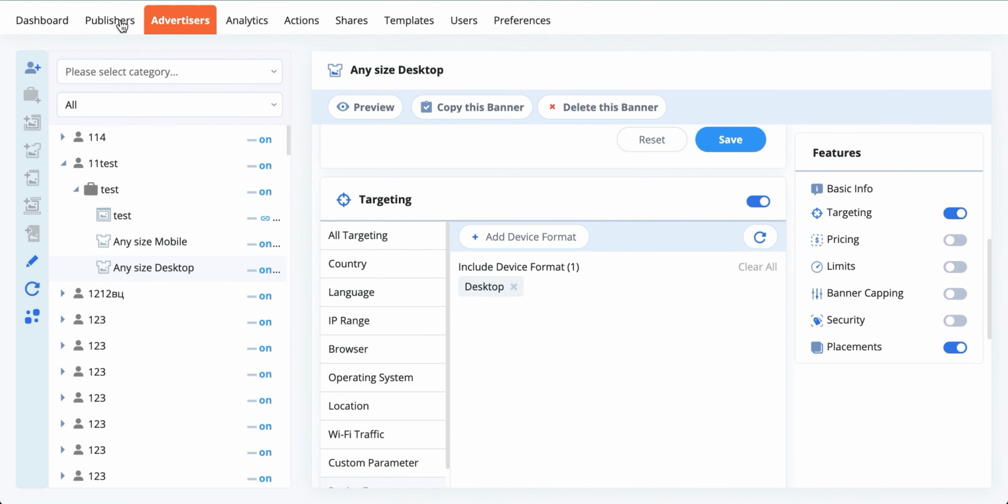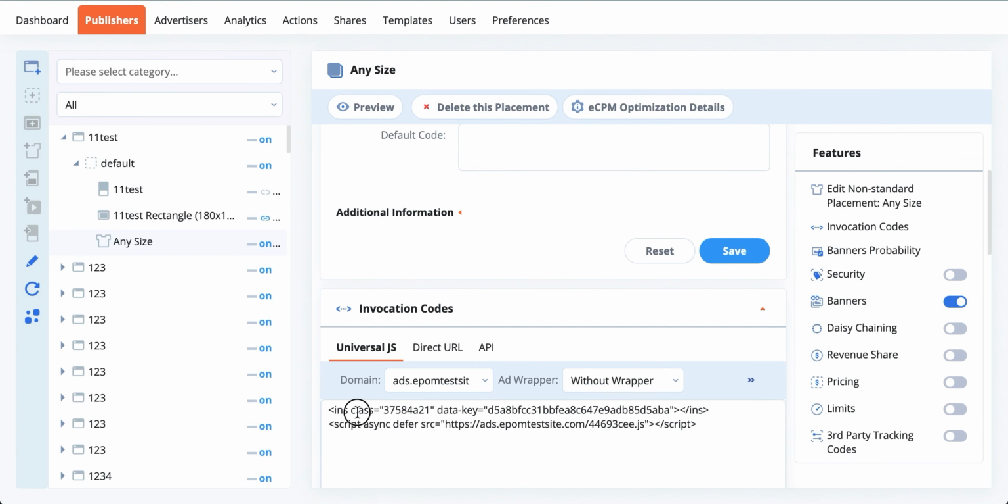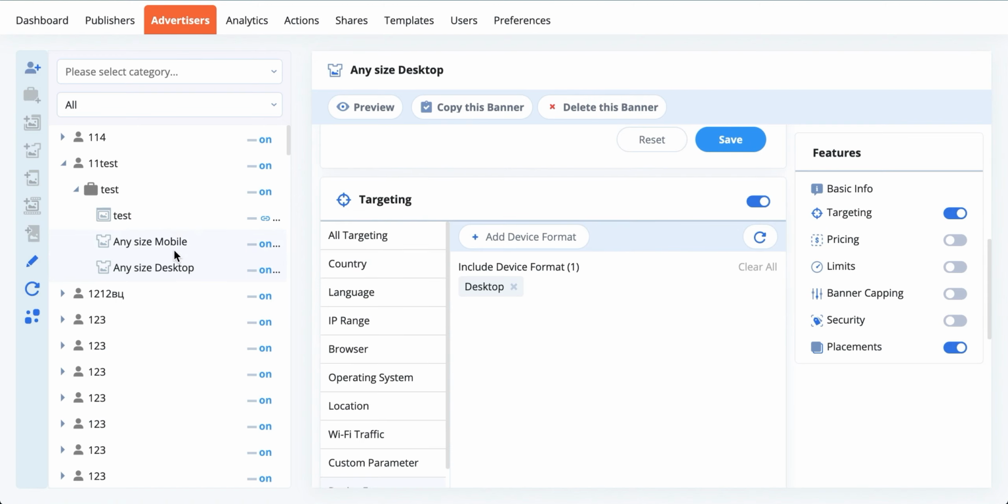So in this case, whenever an invocation code that you've taken from this placement is triggered, depending on the type of device the user is visiting from, he will be redirected to either any size mobile banner